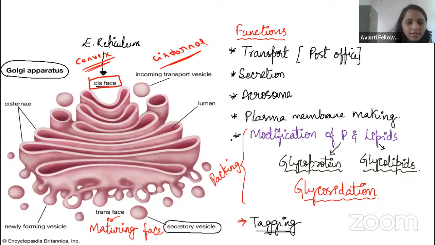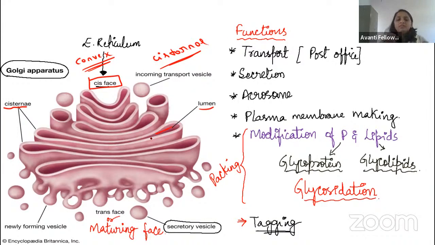Now you can see all these are compartments, and these we will call cisternae, right, guys? Here you can see the lumen. In the lumen of the Golgi apparatus, the modification of the protein will take place. Ma'am, all the modification has taken place in the endoplasmic reticulum only, right? So what modification is going to take place, ma'am? I will tell you, guys.